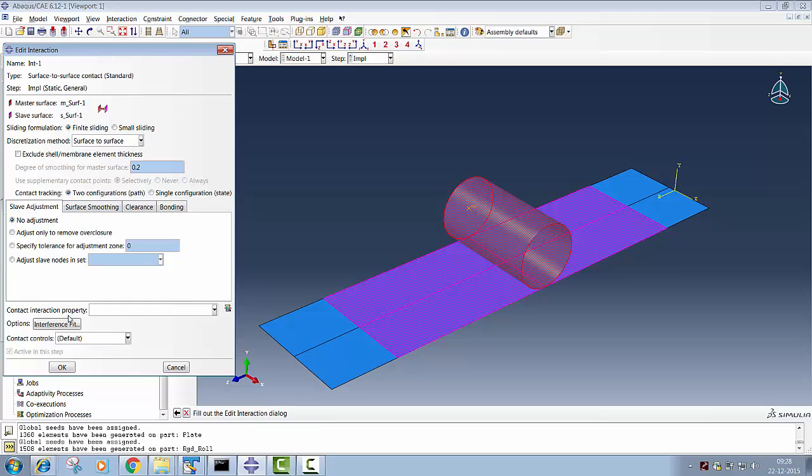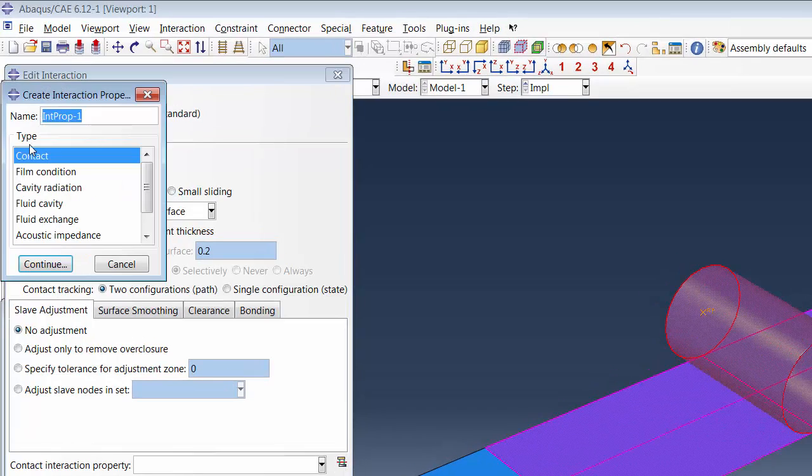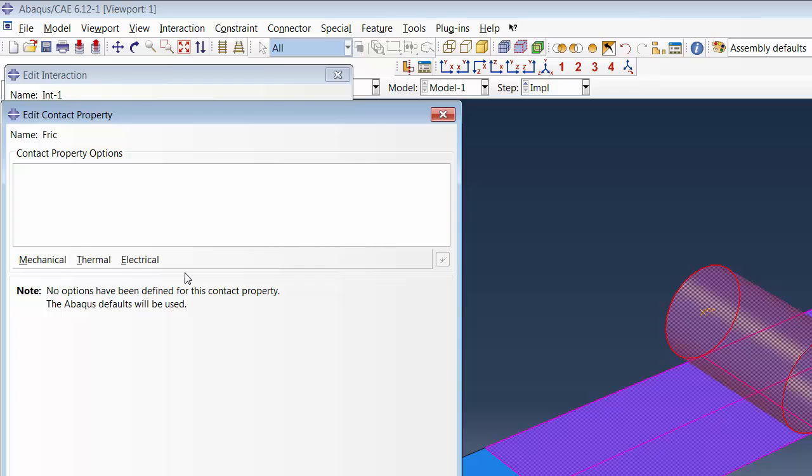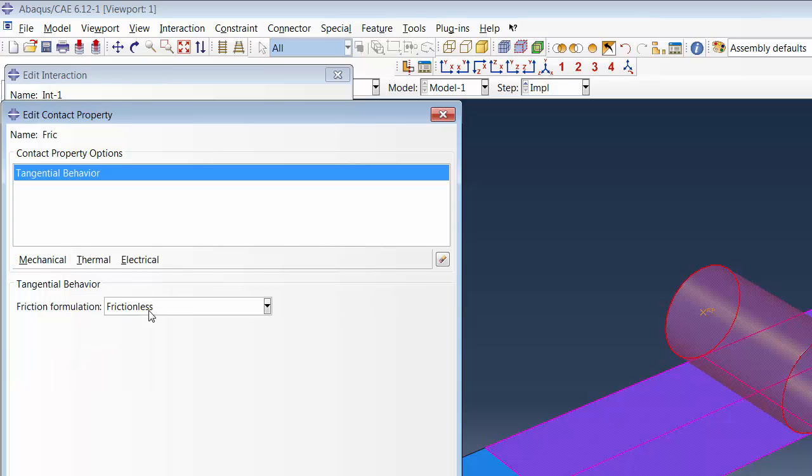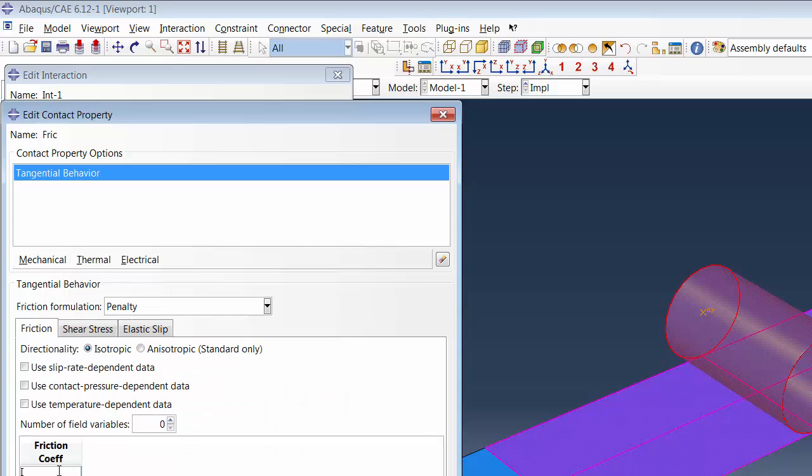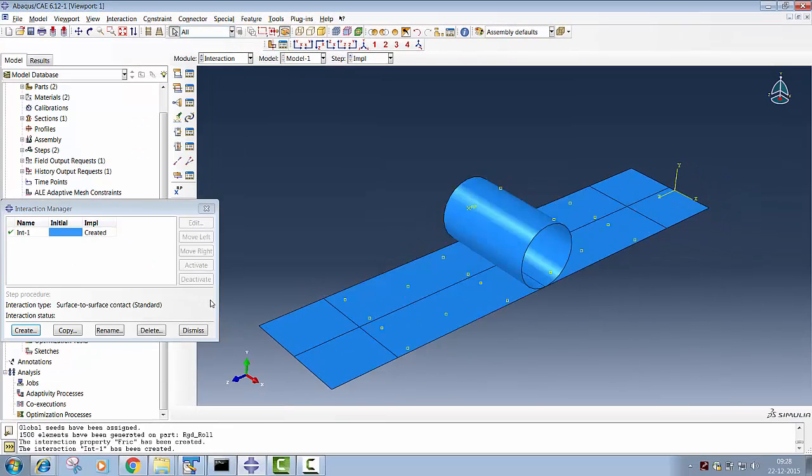And I'll be defining friction, just a friction, mechanical, tangential behavior, penalty 0.4 should be a suitable value for this application. Say OK, say done,